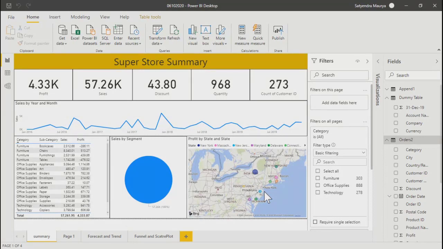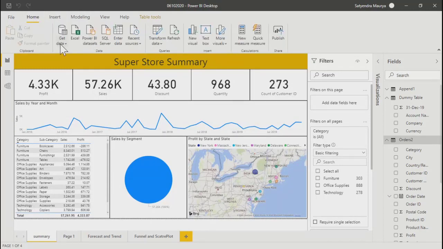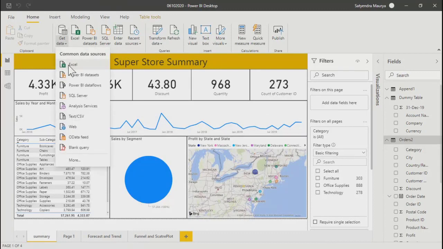But yes, in real scenarios, I can talk about my current project. In my project, we don't connect to any data source here. I mean, we don't connect to SQL, Oracle, or Excel files. We connect to Power BI dataflows. Dataflows we create on the Power BI web service, and then only we connect here.